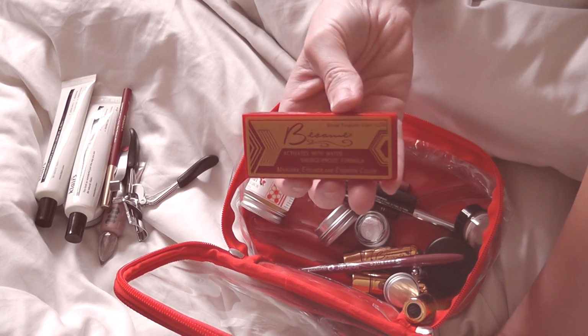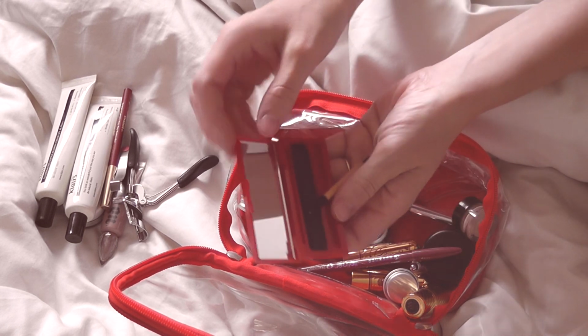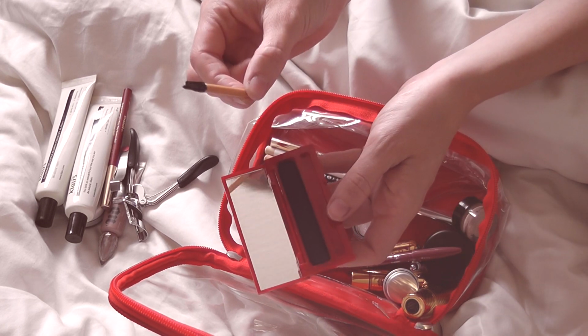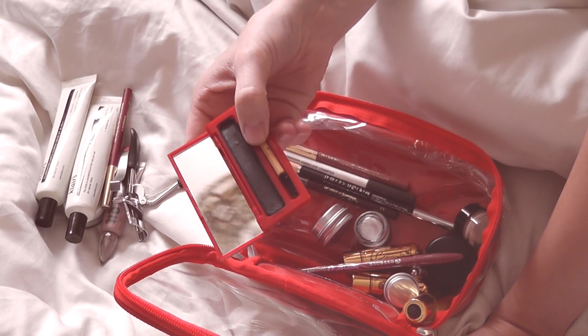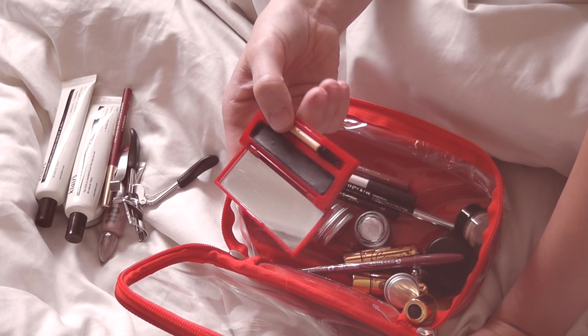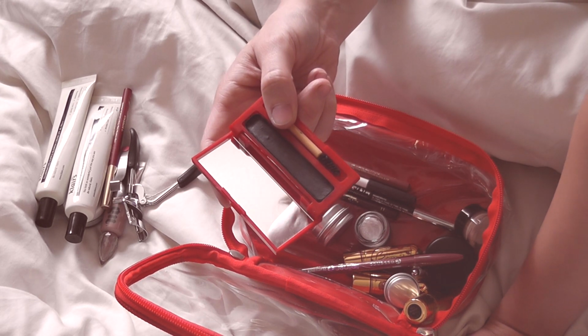This is a Besame mascara, and this one's interesting because it's a cake mascara. I do hate the brush that comes with this. It just falls everywhere and I never use it anyway. I've got one of those disposable spoolies and it's a water activated mascara. I use it a lot. It's not the